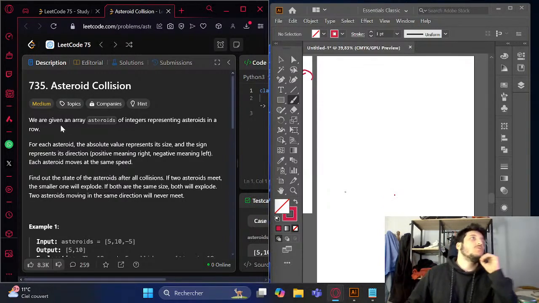So here, the asteroid collision: we are given an array asteroids of integers representing asteroids in a row. For each asteroid, the absolute value represents its size, and the sign